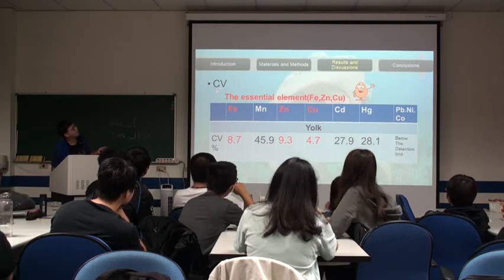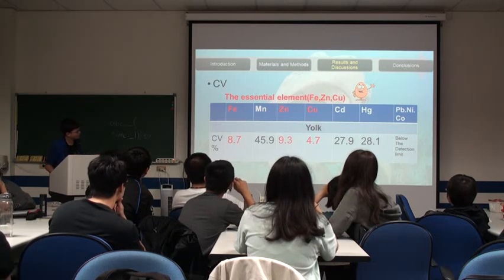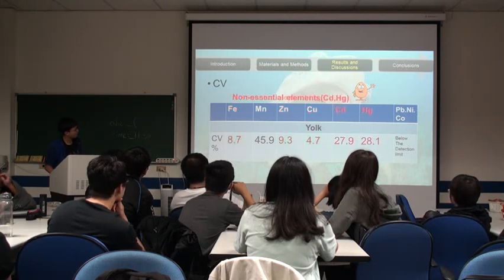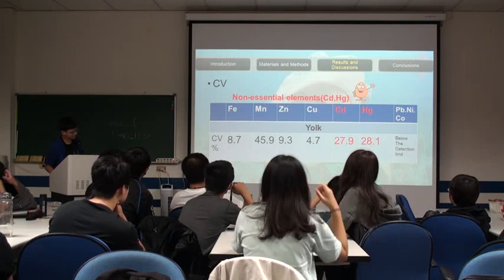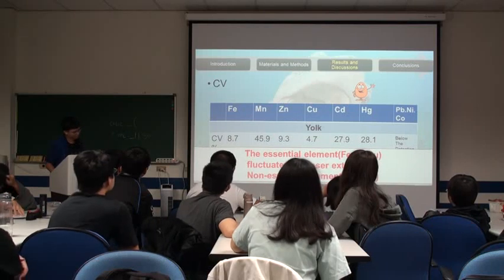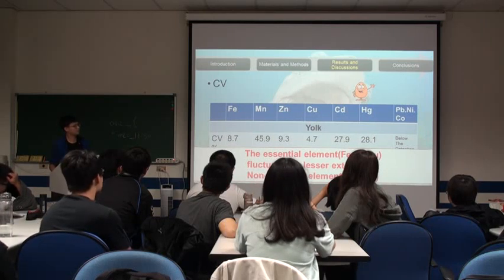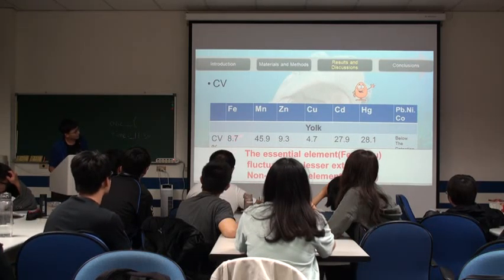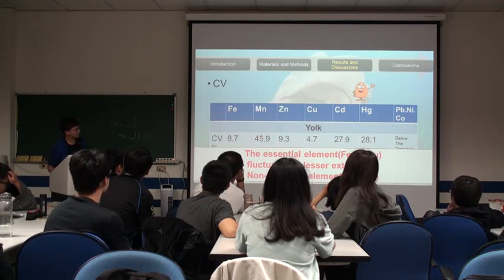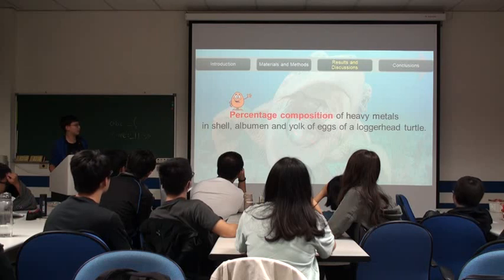And look at the coefficient of variation. The essential elements like iron, zinc, and copper are lower than non-essential elements because essential elements are important for successful embryonic development. So every egg was not selected height. And the percentage composition of heavy metals